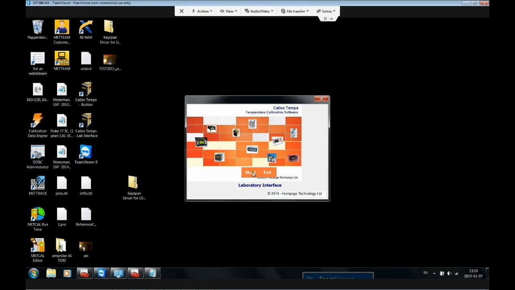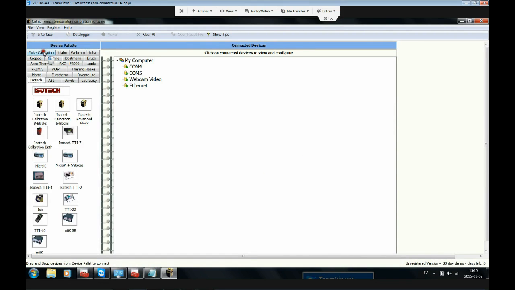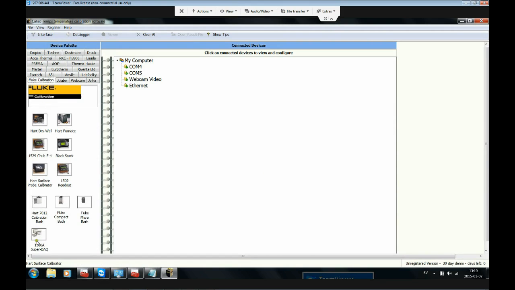I've connected a Fluke dry block and a super DAC to the computer using USB to RS232 converter cables. We're now going to interface these using Caliso Temps. So firstly, I pick the Fluke tab and I pick up and drag and drop the super DAC onto its